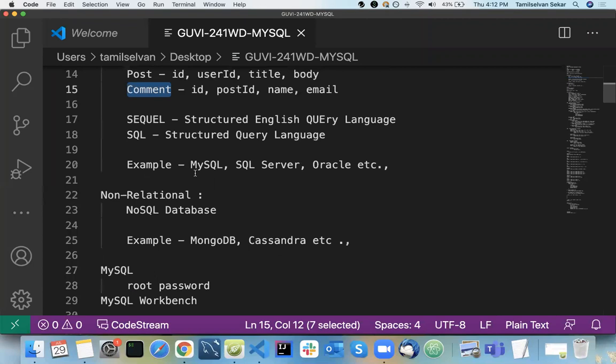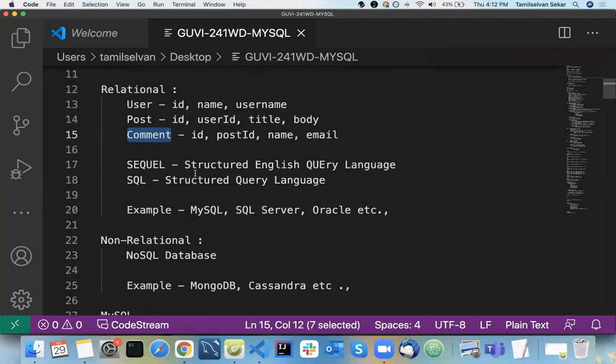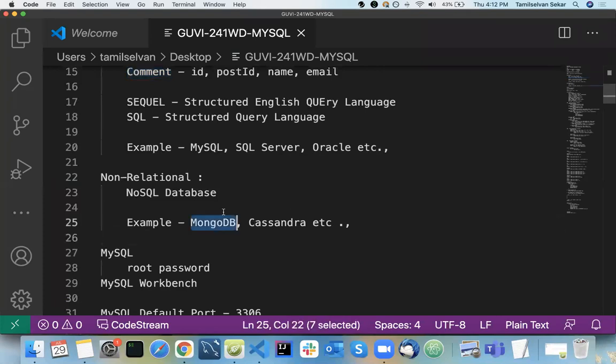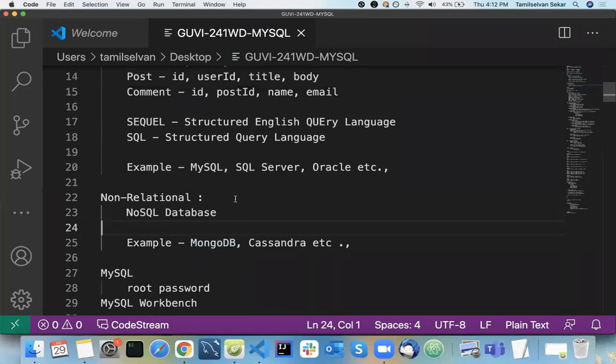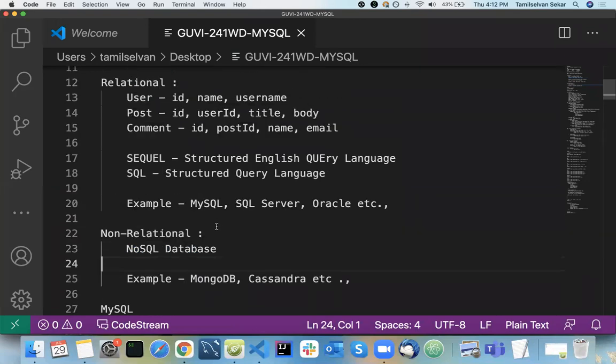Okay. So there are multiple non-relational databases and one among them is MongoDB, and there are others like Cassandra and other things. We'll go with MongoDB as an example. So that is all about your non-relational database. No structure, no relationships, no languages, nothing. Okay. It's a pure documentation part. Okay. So let's get started.